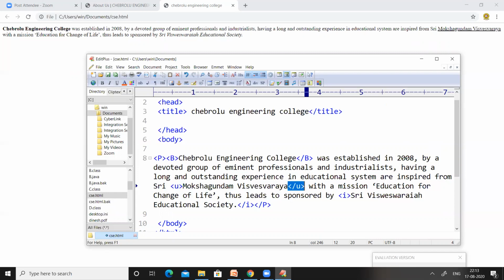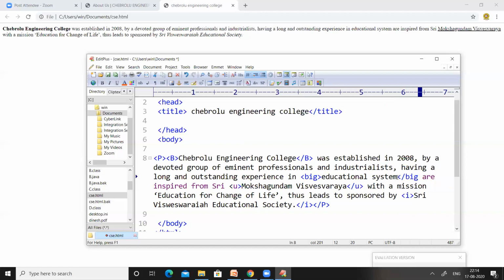For example, let us use this big tag for this educational system. My tag name is big, and I ended the big tag here. So the content between the start and end of the big tag will be in a somewhat bigger font than the other text in the web page.